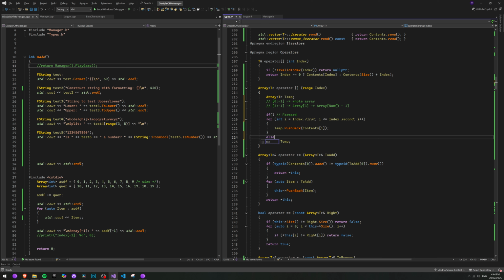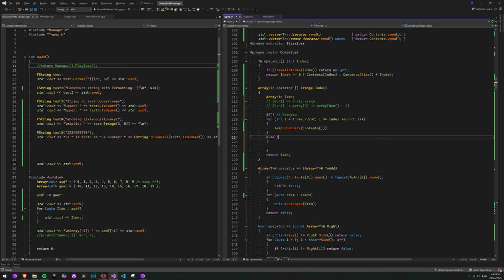We're going to add an else, but we're going to delete it later. I guess we kind of do need it. So we need to have a forward, which is going to be if index first is less than